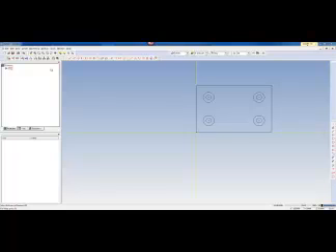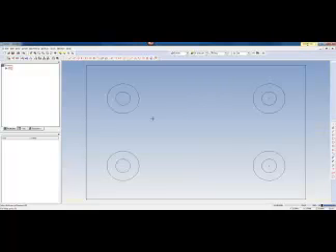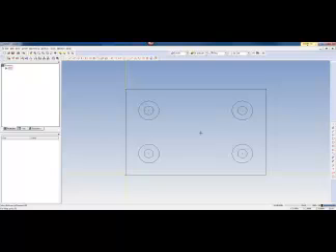So if you want to fit the geometry to the screen, you can just hit the fit button up here to the screen itself, and we can zoom in and out by using the trackball on the mouse. Once we create the geometry, our next step will be to create features. So we're going to create some features here, and since we have holes, we're going to use the hole button to create features. There's our holes button up there,